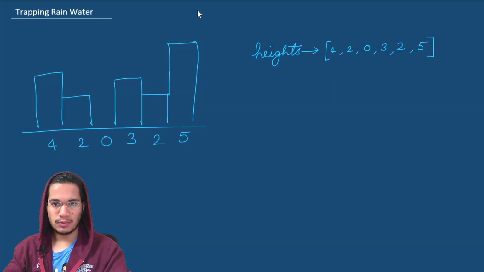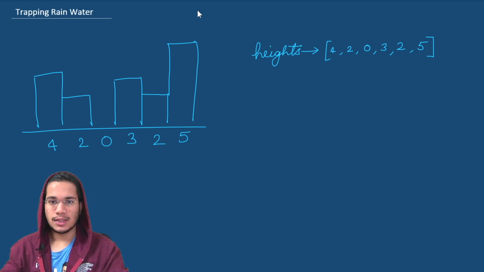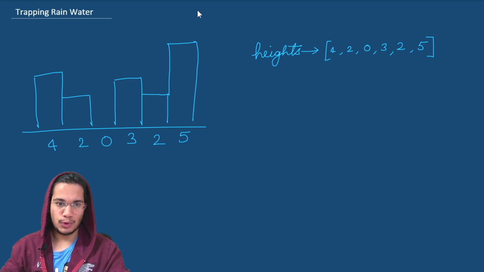Right, so we'll quickly go through the visualization of the algorithm and the approach. In a sample test case, let's say these are the values given to us in a list, and these represent the heights of buildings. So I've plotted these heights 4, 2, 0, 3, 2, 5 as the heights of the buildings here. Now we need to find the amount of water that can be stored on top of these buildings when it rains. Let's say it starts to rain, and water will get stored in such a way that, if this is the barrier, some amount of water can get stored here, and then if this is the barrier, water can get stored here as well, and 1 unit can get stored here.